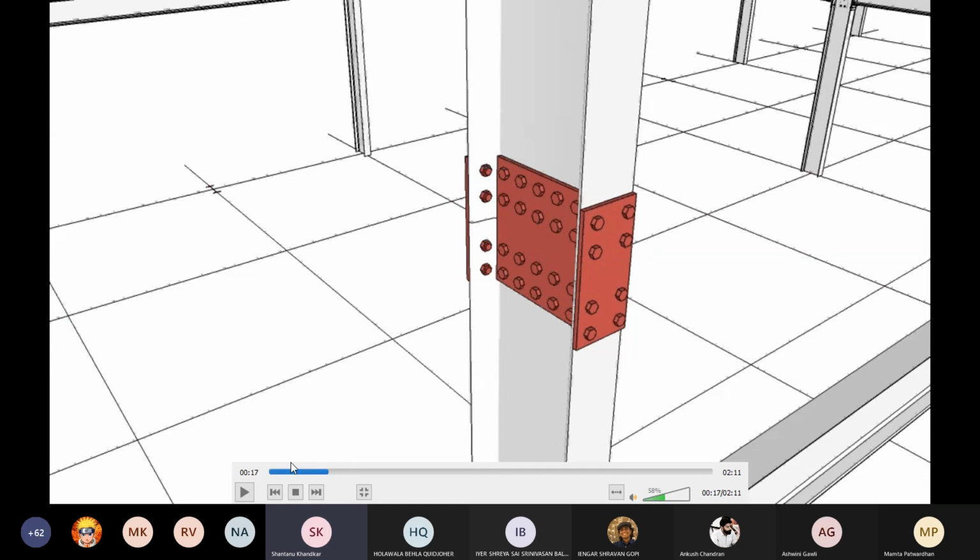In a steel connection, we connect two members through a third member, and that third member you can see over here is called a gusset plate. So what the gusset plate does is that it spans across these two members. There's a column here at the bottom, there's a column here at top, and there's a gusset plate here which is connected to both the columns. That is how the connection actually gets formed. And you can add a weld here as well. That is also fine. I think you have covered welding and bolting and riveting in your lectures, so I'll not get too much into detail of that.